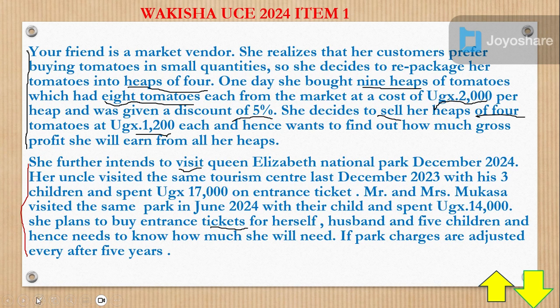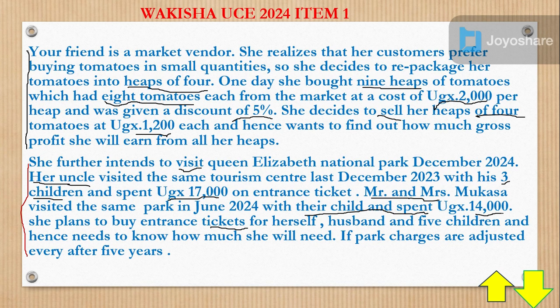Now here, take note, please. Her uncle visited the same tourism center with his 3 children. Underline this. With his 3 children and spent Uganda shillings 17,000 on entrance tickets. Then also Mr. and Mrs. Mukasa, who are all adults. Remember, her uncle is also an adult. They visited the same park in June 2024 with their children, and spent Uganda shillings